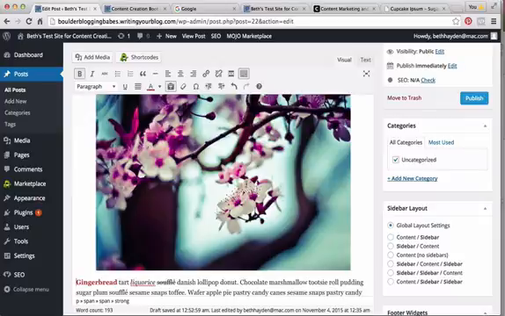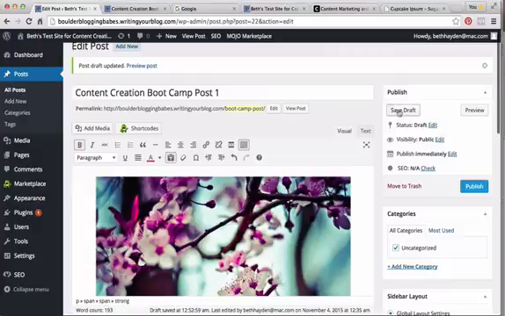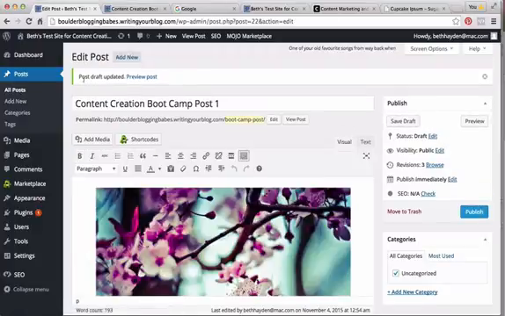So just know that if you really bunch something up, you can actually delete the photo completely and re-upload a new one if you want to. And that sometimes it takes a couple of shots at this in order to get the photos 100% correct and looking the way that you want. So this is another good place to go ahead and save our draft. And it says post draft updated, and then let's hit a preview just to see how our photo looks across